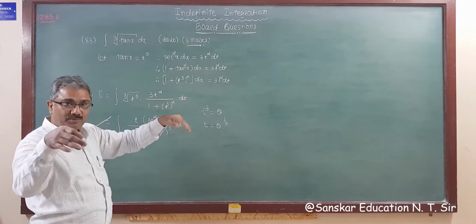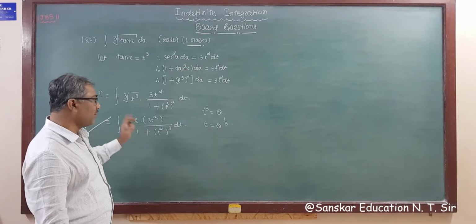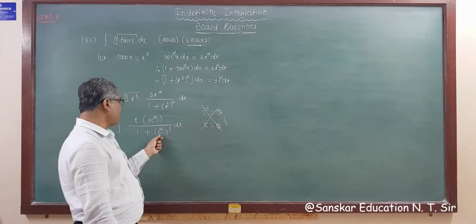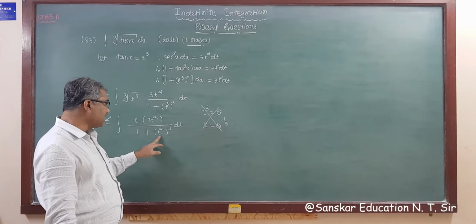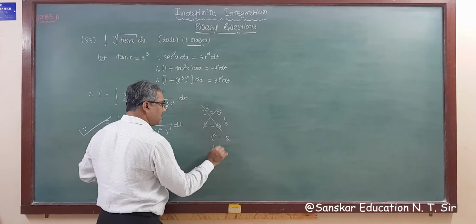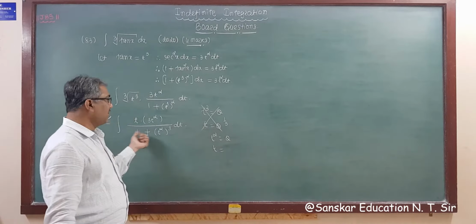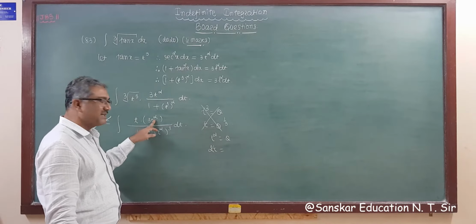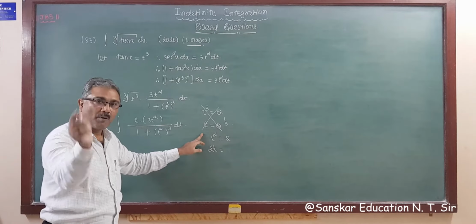हम तो क्यूब रूट को भगाना चाहते हैं, राइट? सो वो assume नहीं कर सकते. So your assumption for this is wrong. So what you have to do now? T square. If we take t square is equal to theta, then t is equal to, right? You can write 2t dt. You get 2t dt. So 2t dt and t square is theta. So that is the proper assumption.